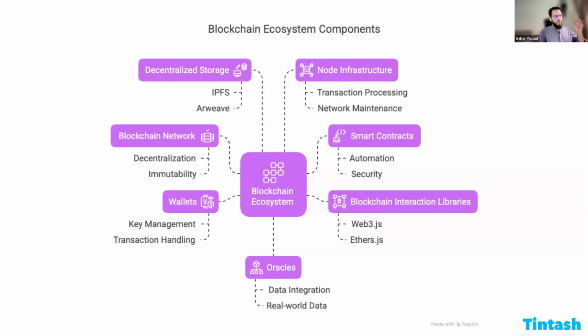And then we will also talk about blockchain interaction libraries. A lot of times these are big blockchain networks. Sometimes they have terabytes of data, and it's absolutely impossible to search certain things right away. You don't really want to download the whole blockchain before you start searching for something. So that's where the blockchain interaction libraries come into play. You have certain libraries through which you can access the data on the blockchain, which is publicly available and indexed by someone. So you can just use a library and curate data based on your needs.